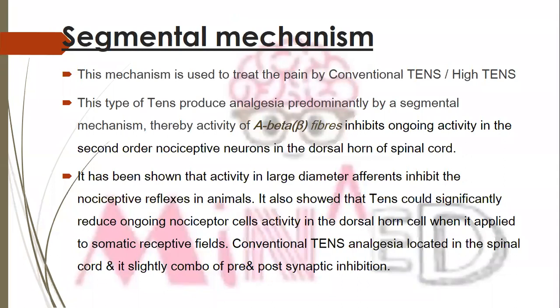Theoretically, you can say high frequency, low intensity pulse current would be the most effective in relation to the large diameter A fibers, and it produces comfortable paresthesia beneath the electrodes. So if you use conventional TENS in a patient having pain, it will give a comfortable sensation, it will produce paresthesia at the pain area, and it will be very soothing for the patient. Conventional TENS produces strong, comfortable, non-painful paresthesia. The patient doesn't feel pain and it is very comfortable when the patient gets that stimulation of the TENS.